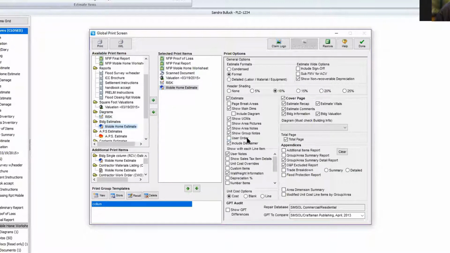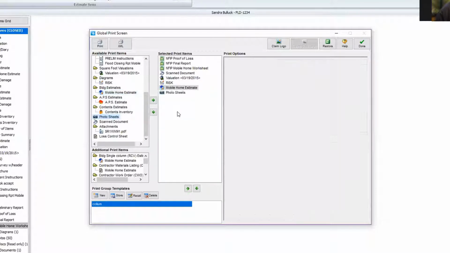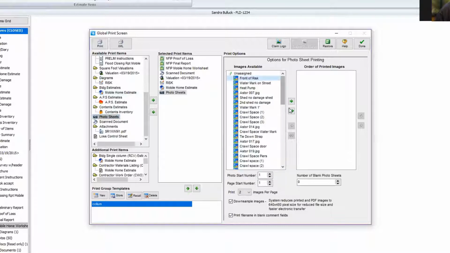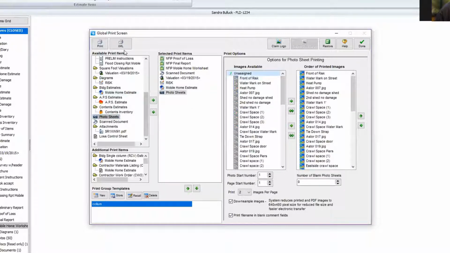And the mobile home estimate is going to have the main shell and add-ons broken out for us. But make sure your group area summary detail report is selected. So that's pretty good that you do there. And then we can actually go on and put our photo sheets in here if we need to. So when I print this out,